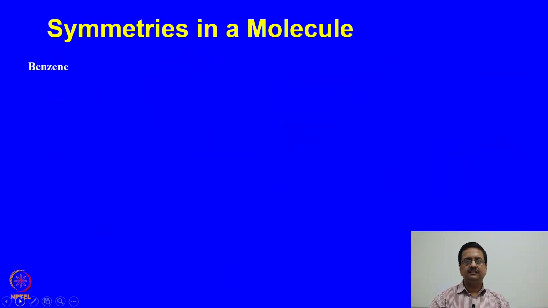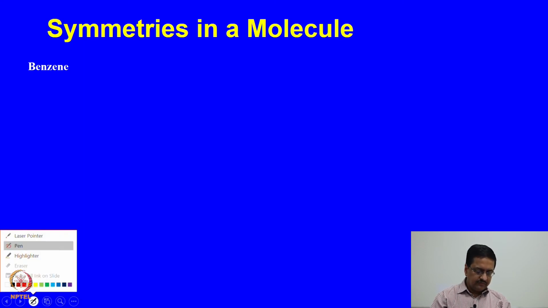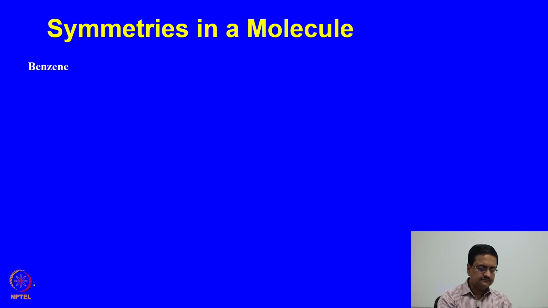Now, let us try to see a very simple molecule, benzene. We all know that benzene is hexagonal, having 6 carbon atoms and 6 hydrogen atoms, and they are at 120 degree. Very quickly, if you can think of what are the symmetry elements that are present, you can quickly say that it has C6, it has 3 into C2s,